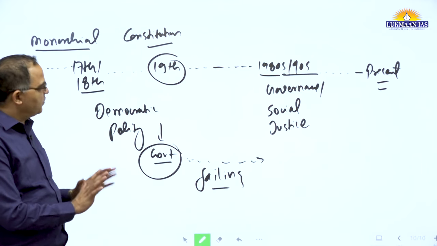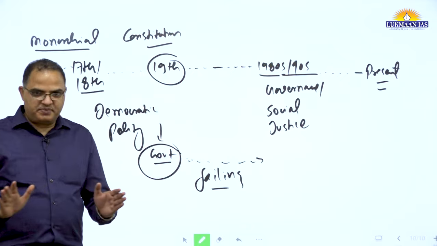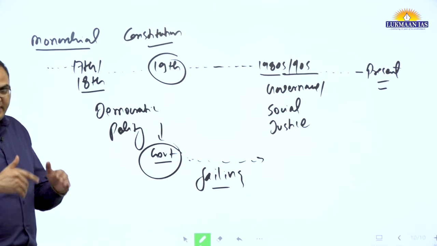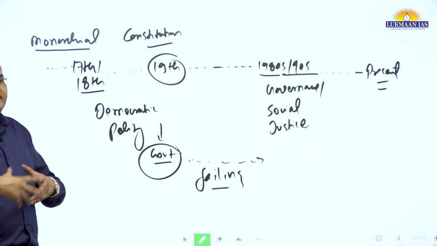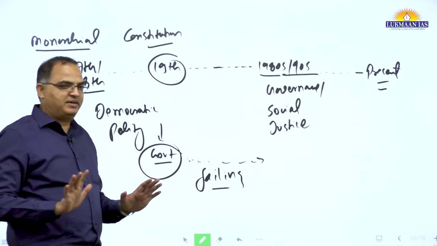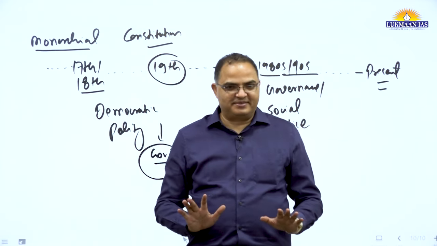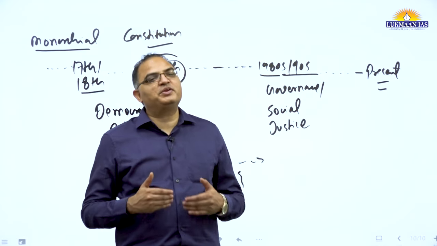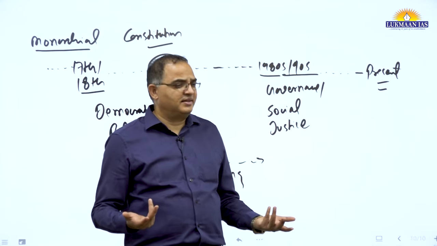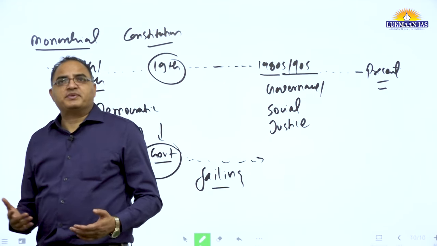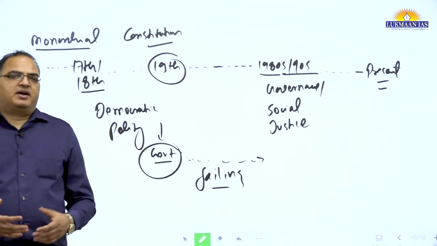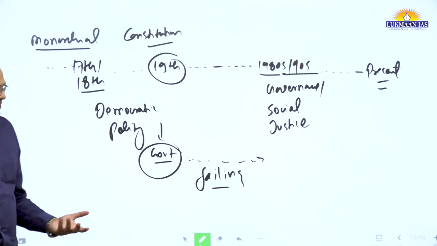So what we are saying now, after saying democratic polity, is to relate it to the syllabus. The syllabus that we are trying to relate it to, and then we'll start with our topics. Democratic polity: you will know by the time we teach polity. Proper understanding will come only when we teach all those things. What is a written constitution, why a constitution is needed, the separation of power, why separation of power is needed, why we need a federal polity, and how the polity is working, and so on.